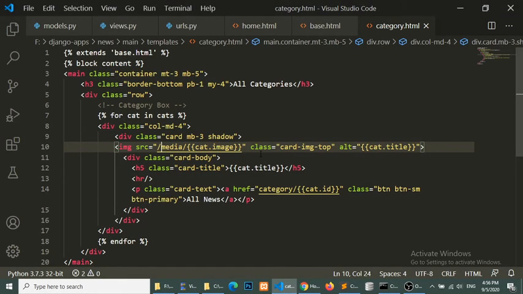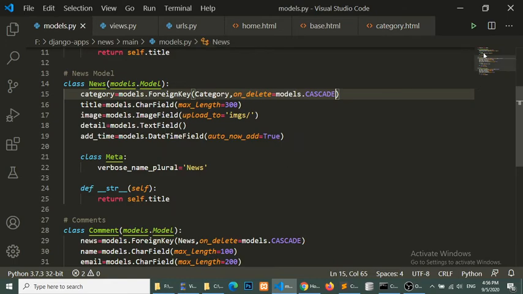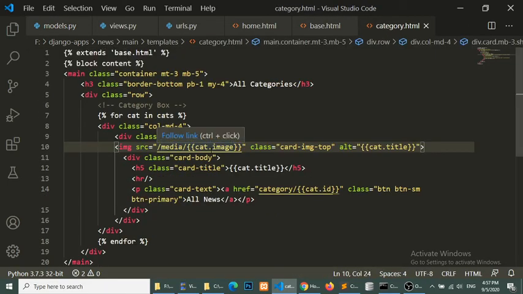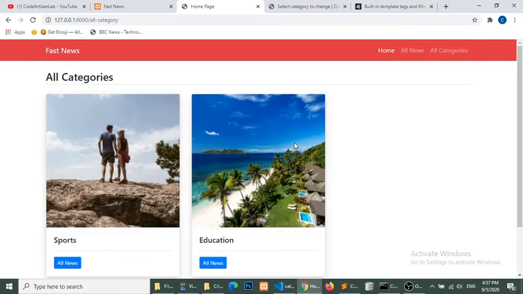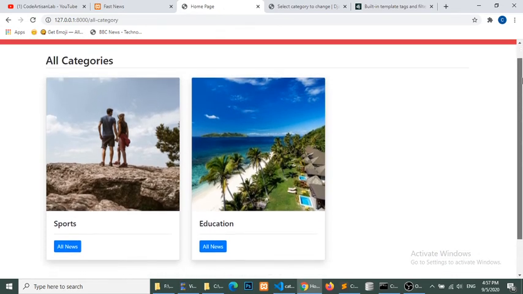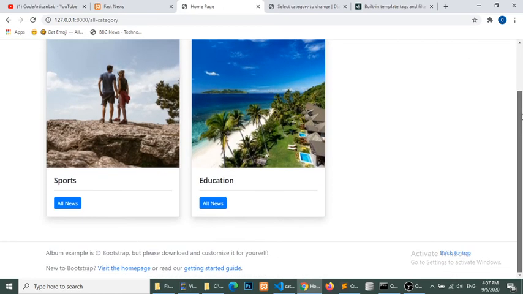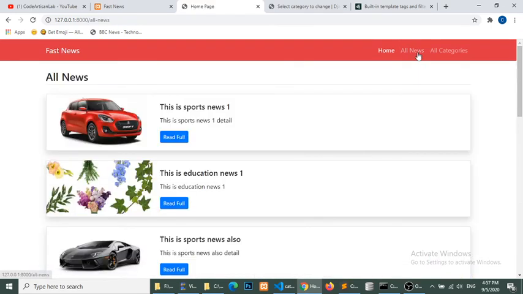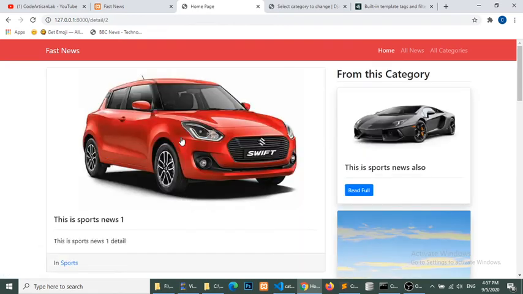Again cat image. I think I should confirm the field name. It is category image, not cat image. So category image. Okay, finally we have fetched the image. So now we have created our home template, our all news template, our detail template,